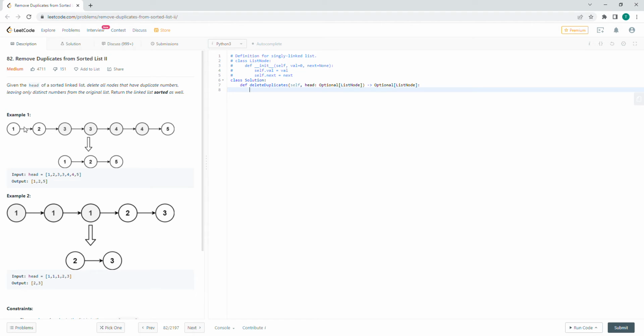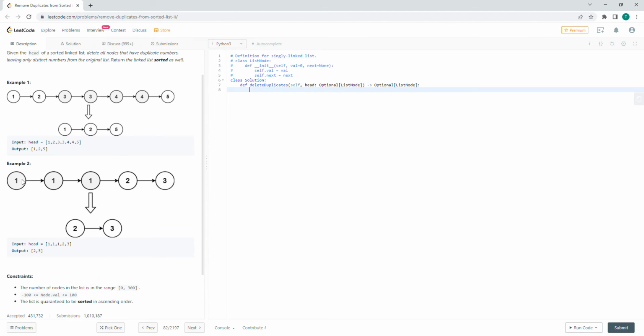So we're given this linked list here, and surprise, it's already sorted, but we want to remove any duplicates. So we have 3 that are duplicates and 4 that are duplicates. So we remove all the duplicates. That leaves 1, 2, and 5 remaining. Example 2, we have number 1 with 3 occurrences, so more than 2. Therefore remove all the 1s, and we're left with a sorted linked list that has 2 and